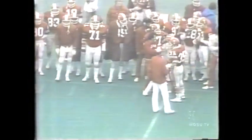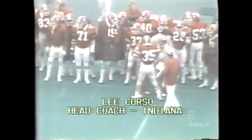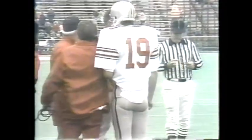Okay. And timeout is called. Timeout is called as Indiana wants to talk it over. And that is an unusual timeout call. It's also their 3rd and last of the ball game. And now Woody and George Hill, Alex Gibbs, Bill Miles, the Buckeye Brain Trust, Mickey Jackson, talking it over, and Lee Corso over there now also talking with Joe Norman, his elegant co-captain from Millersburg, Ohio, who has had one excellent ball game. Joe's got it straight, at least Lee. Well, he's not sure he does now. He says, let's good gracious fellow, let's get this straight. Now you see Tom Morris, number 19,